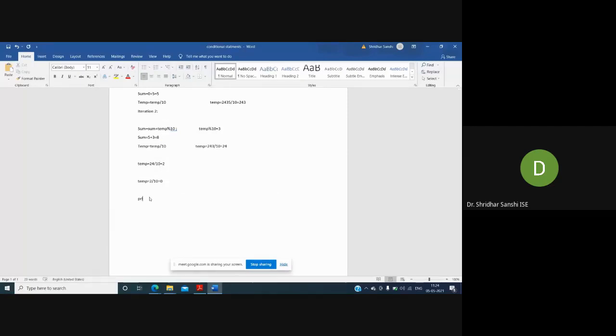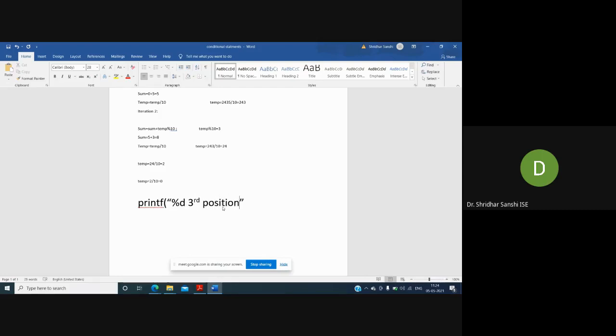I will use printf with %d, because it is integer data, for the third position.